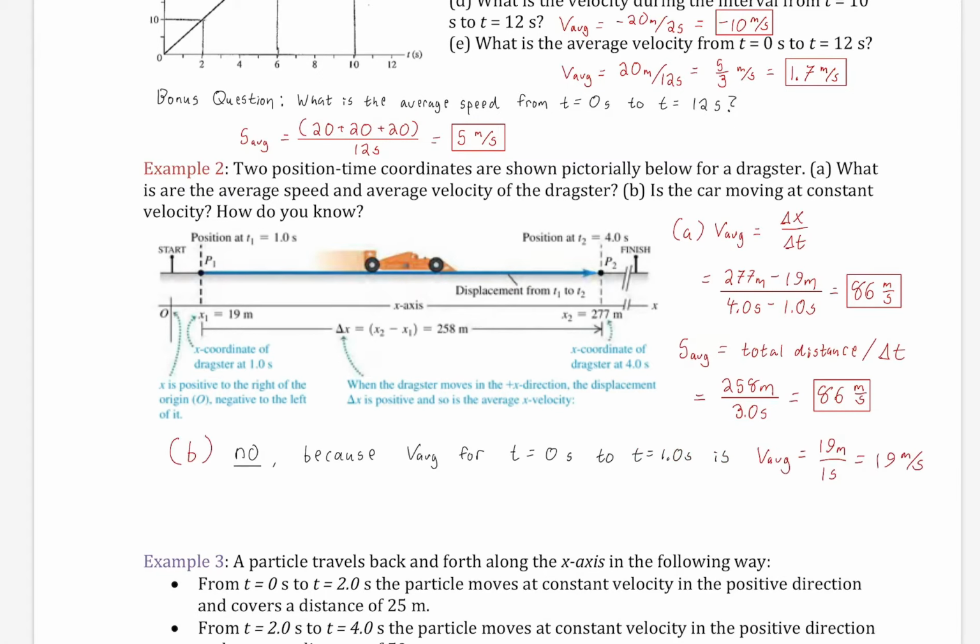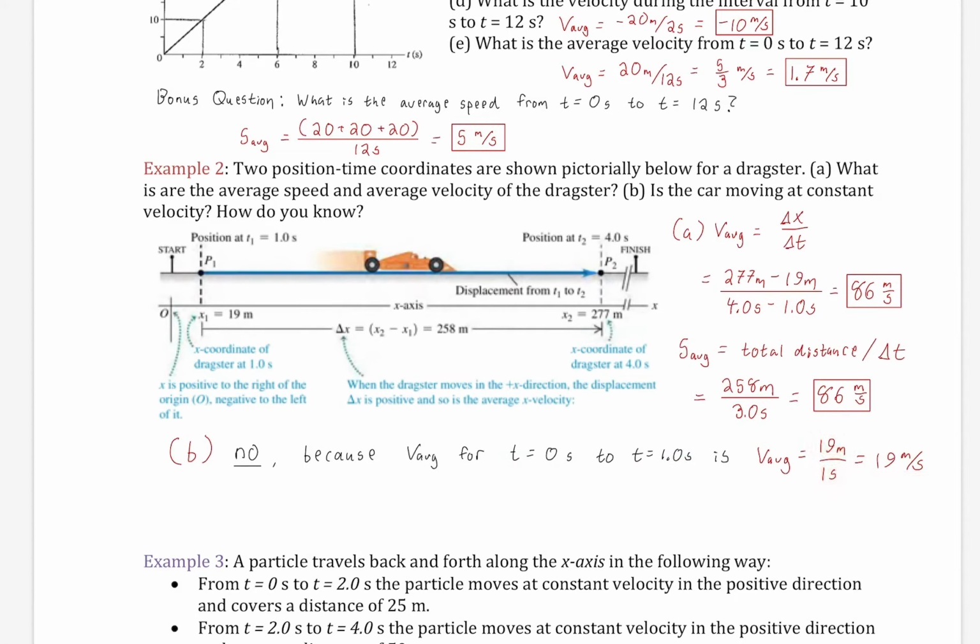Part B asks, is the car moving at constant velocity? And the answer is definitively no. Why do we know that? Because of a little bit more information that we can ascertain from this first second. If we notice, the average velocity for t equals 0 to t equals 1 is only 19 meters over 1